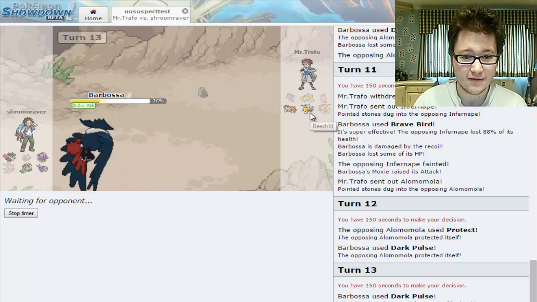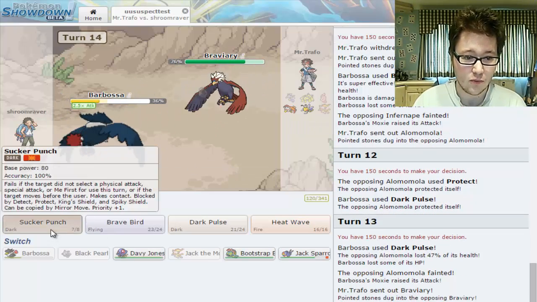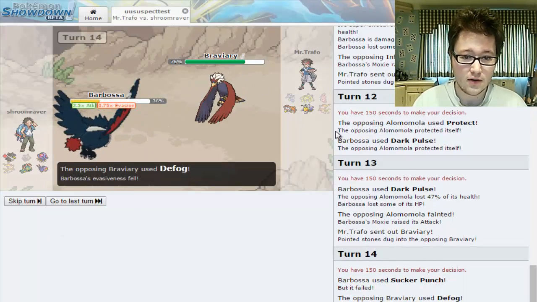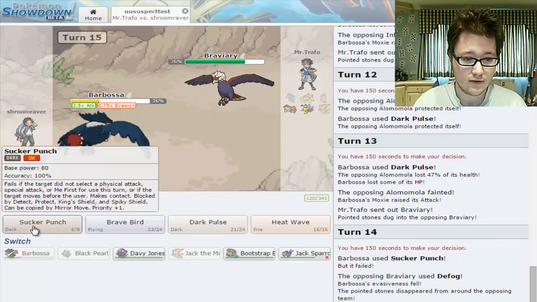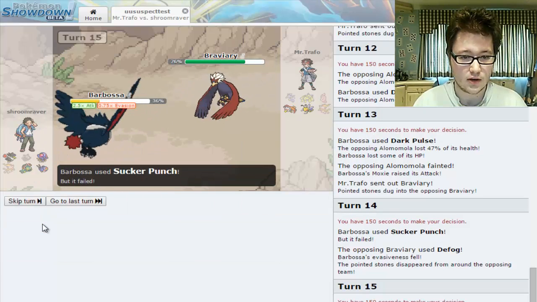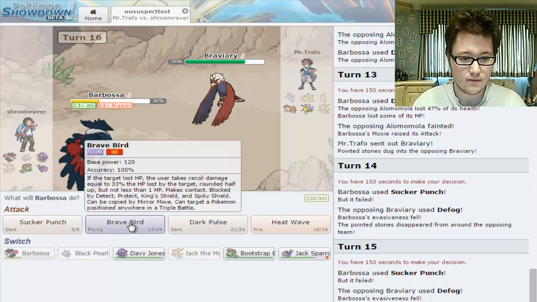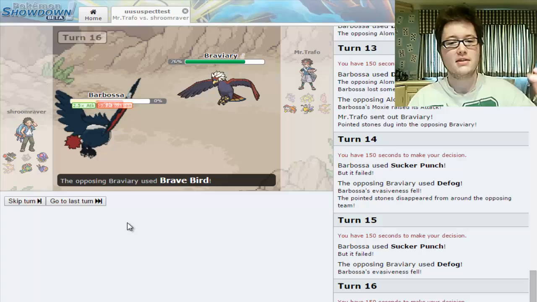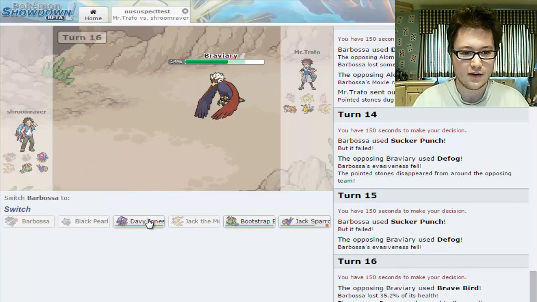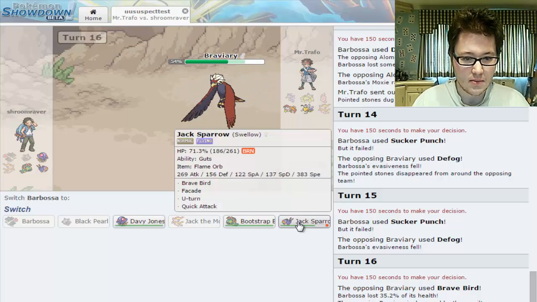What does he have? There's the Braviary. I will click Sucker Punch. If it fails, he's gone for Defog. So if you like. We Sucker like a man as he goes for Defog again. Ah, we didn't Sucker like a man enough. Click Sucker 8 times. Always click Sucker. It's the rule of 8, and I just didn't do it. Oh dear. Well, I mean...